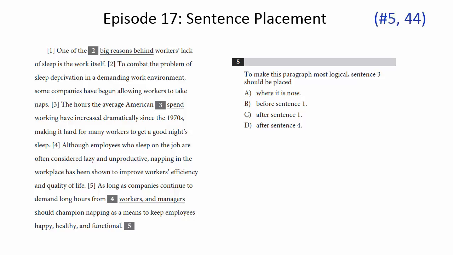Sometimes our goal is to rearrange or add sentences to a particular place in the paragraph. And the key with these is to see where you would get the smoothest transition from one part of the paragraph to the next. You want the sentences to connect. So you want your sentence, when you add it to the paragraph, to connect to the previous sentence and lead to the next in a smooth fashion.